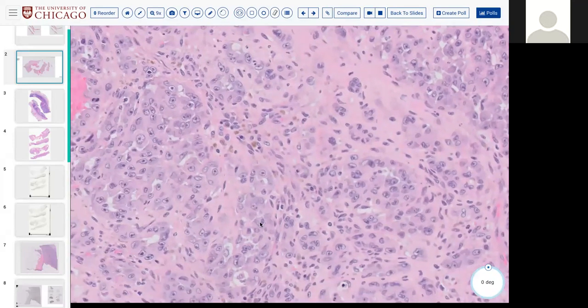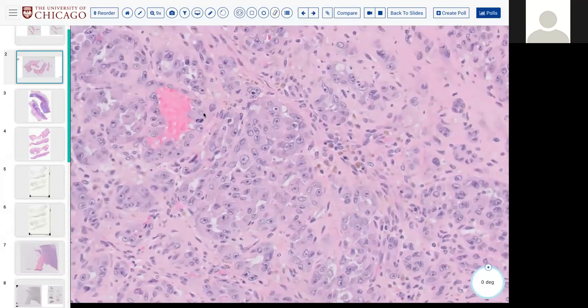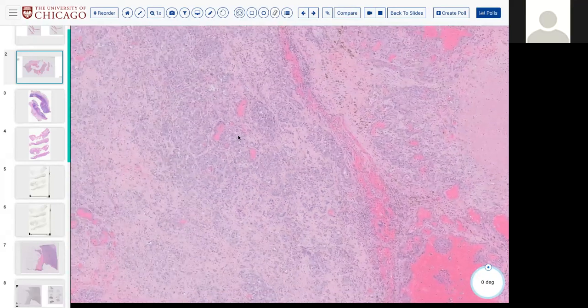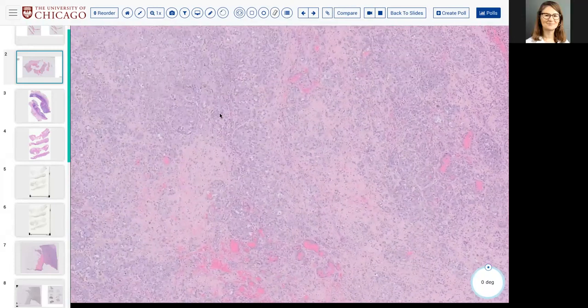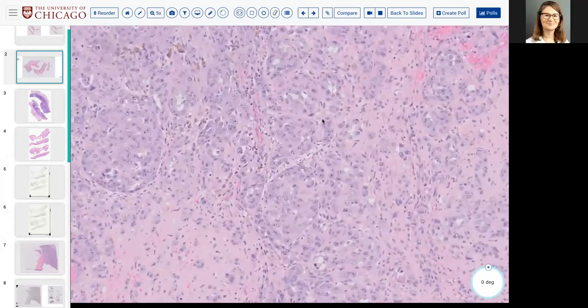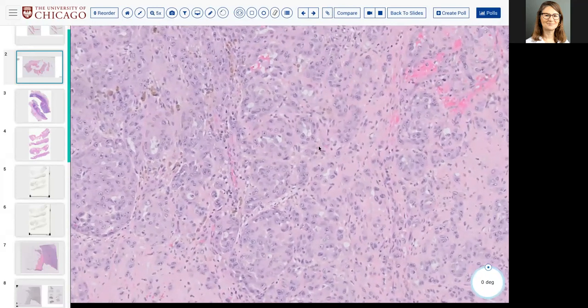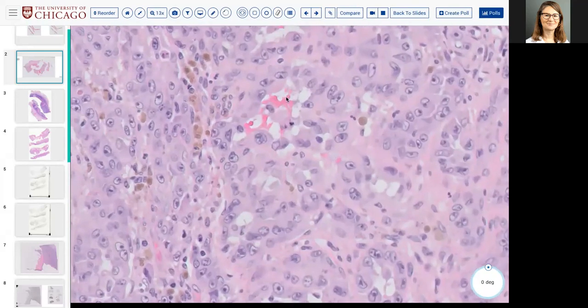Number one in my differential would be epithelioid angiosarcoma. No, great. So that highlights a great point. An epithelioid neoplasm that in this case is vasoformative, right? You see many areas here where there's trying to be vessels with at least some clusters of red blood cells